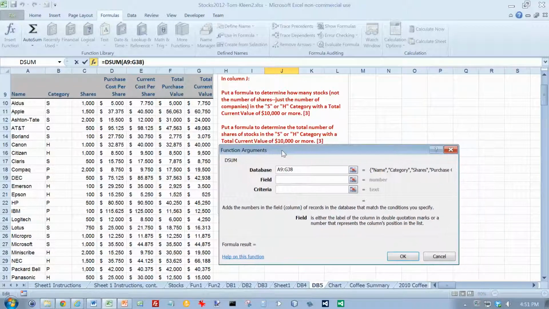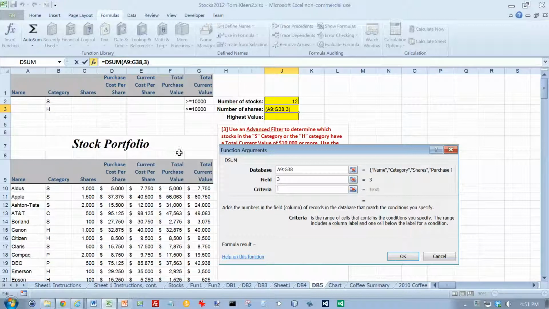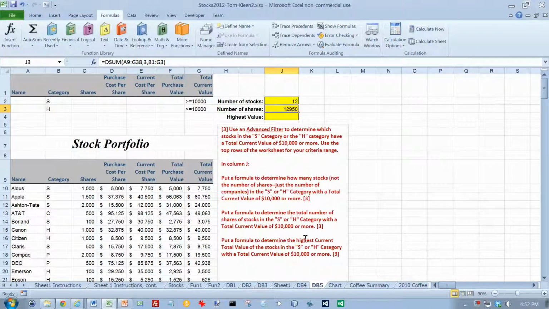I want the total number of shares. That would be column 3. And the criteria is going to be the same. Click on OK. And so there are 12,950 shares. And then the last thing is